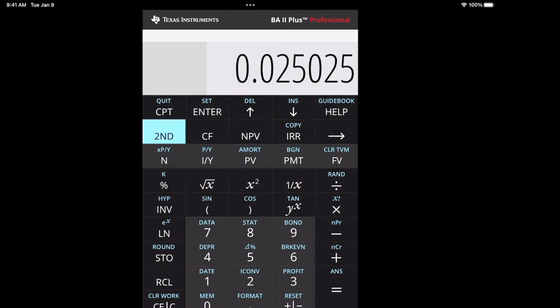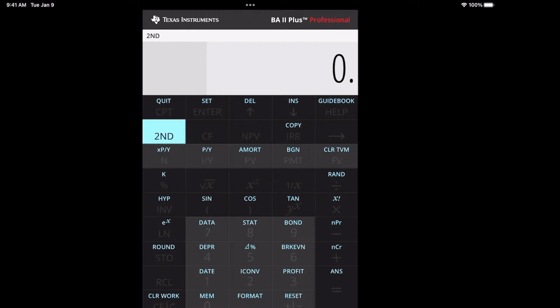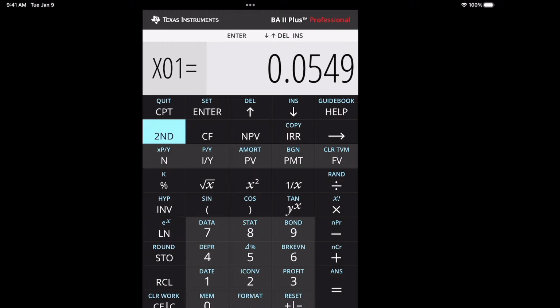So go to your calculator and clear your screen. And if you hit second function, there are 2 statistical worksheets. One is data and the other one is stat. Data is a worksheet where you can enter the data. So there might be something there. I need to clear mine. So second clear work. So it's clear now. It's kind of like entering into the CF keys in a way. So I'm going to enter my data.